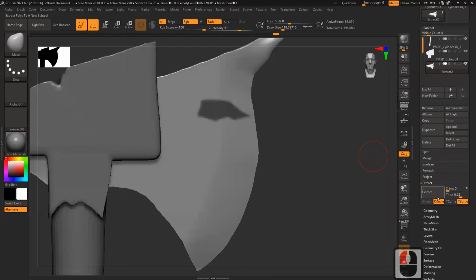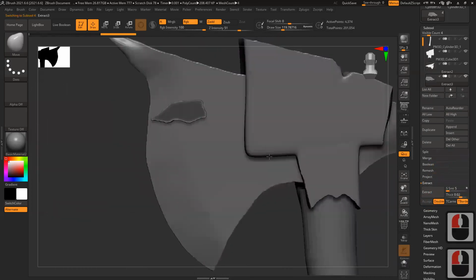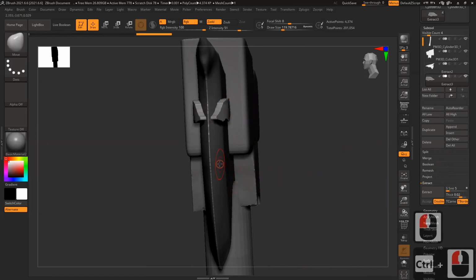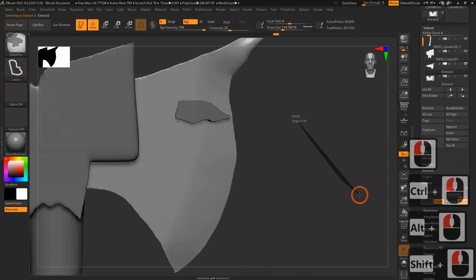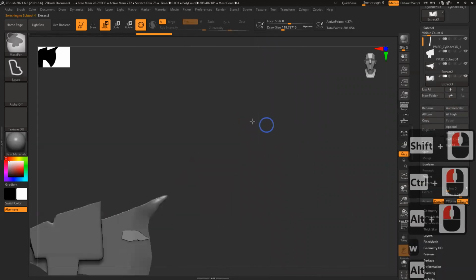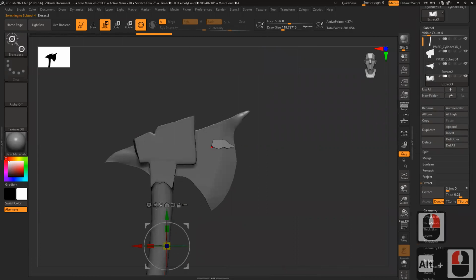Subtool, extract, accept. But one thing will happen: it will create it on both the sides. Select this, deselect. Select this and Gizmo. It will take the average of this entire model.